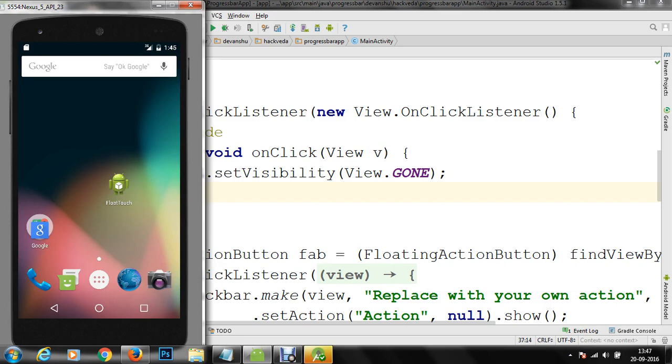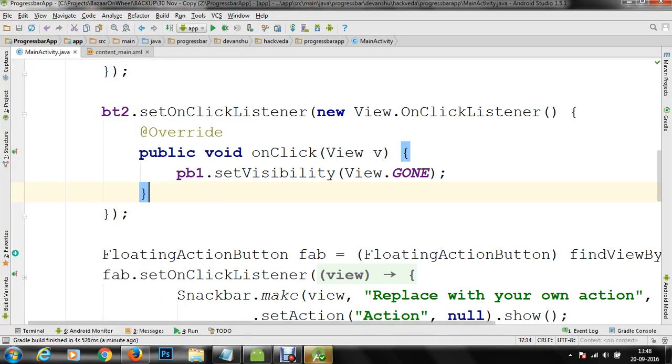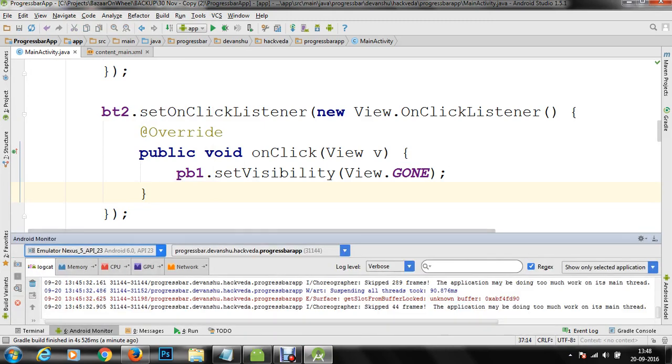Since the ADB was running in the last case, sometimes it happens that the new instance is not launched. So we have just put that in the backstack view. Let me just monitor the Android emulator.